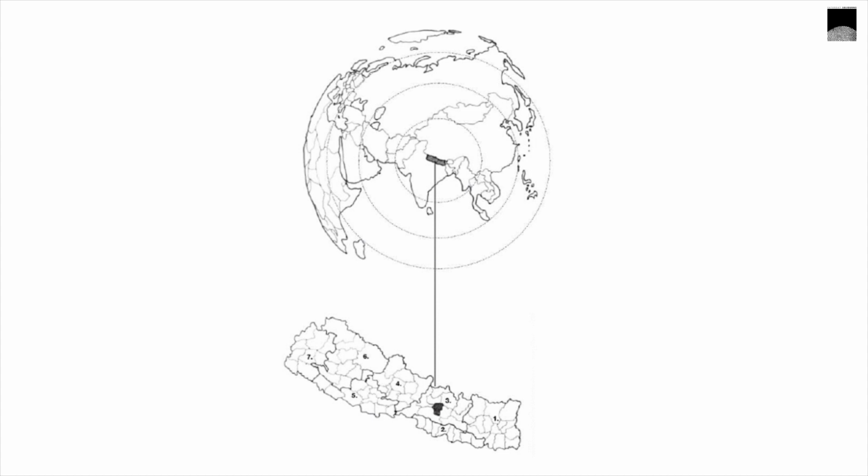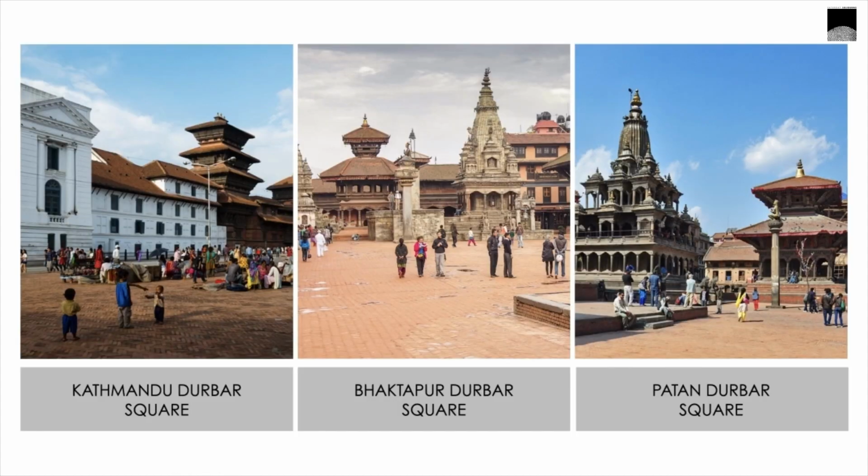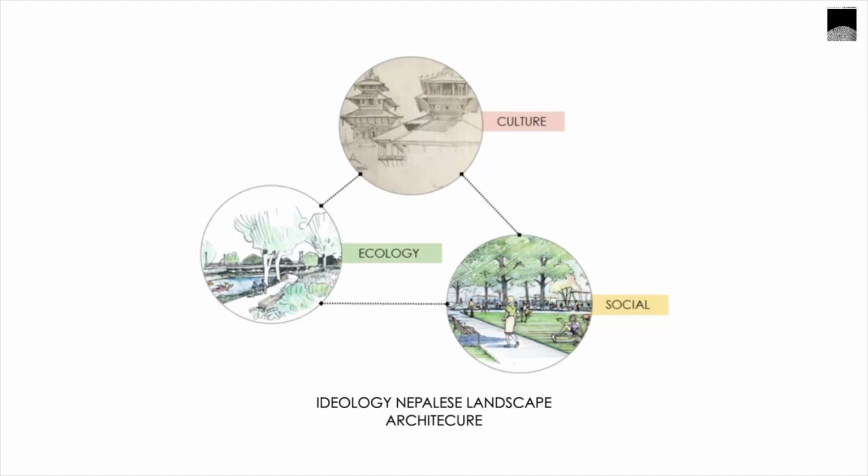Kathmandu, Bhaktapur, and Patan are main cities in Kathmandu Valley. The ancient temples and palace architecture of the valley are well known and quite impressive. These ancient temple complexes, housing systems, and city planning teach valuable lessons about landscape architecture. Similar to the landscape language of rural areas, the ideology of Kathmandu Valley also revolves around ecological and socio-cultural design.